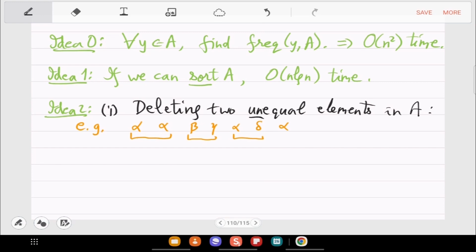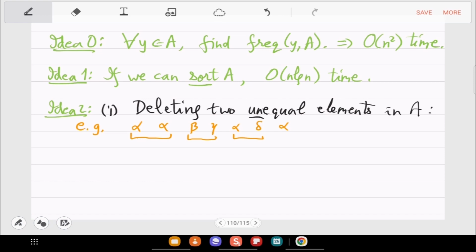Yeah, so you can take, like we did, alpha and delta, delete both of them. Yeah, but then alpha will be only 3. Sorry, it is half majority. When you delete two elements, the sample size reduces to n minus 2. So from 7, it becomes 5. And in 5, you have 3 alphas, so that is a half majority.